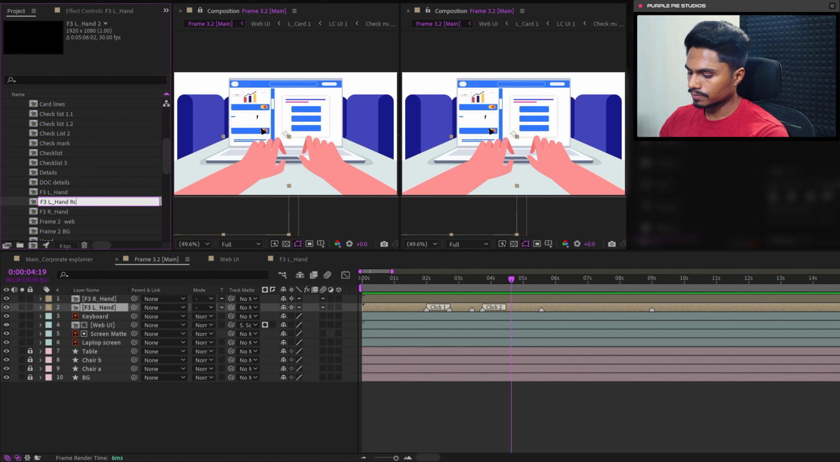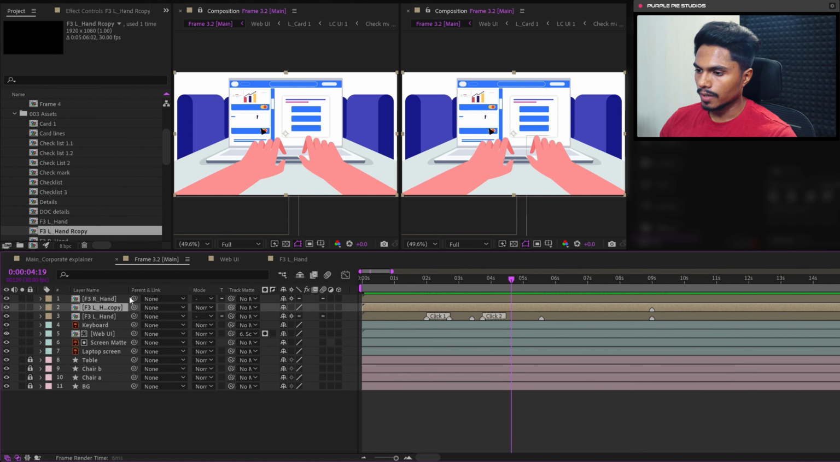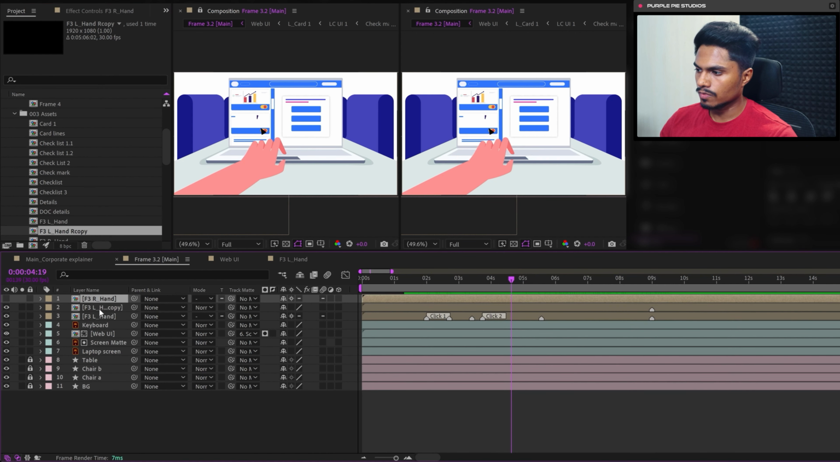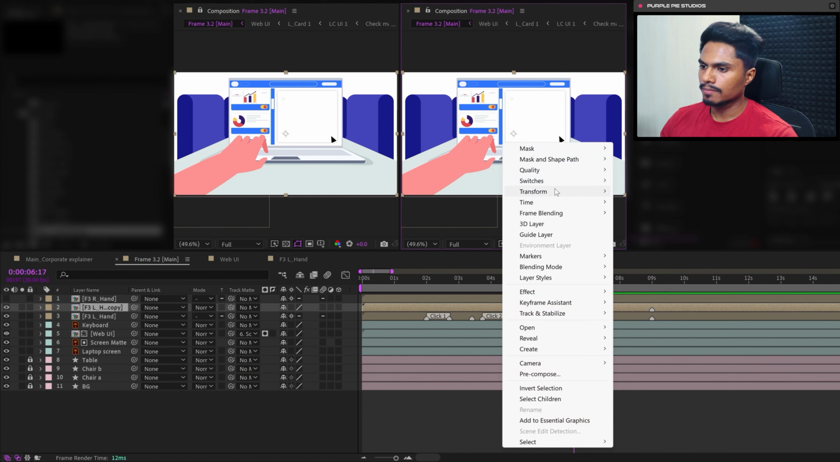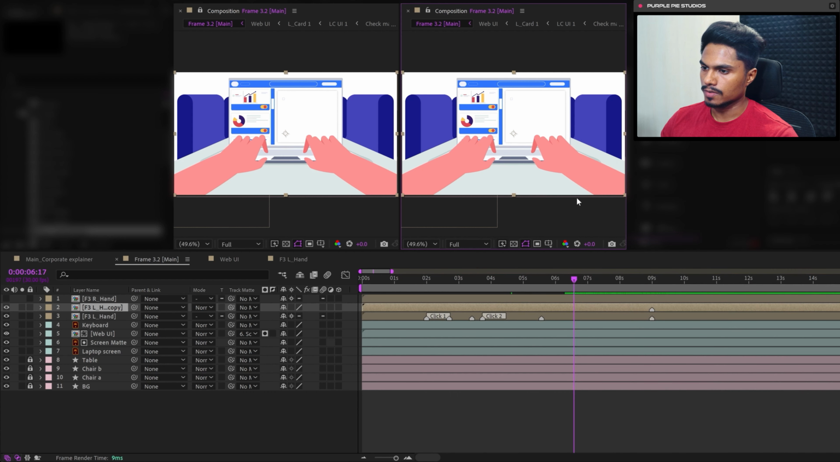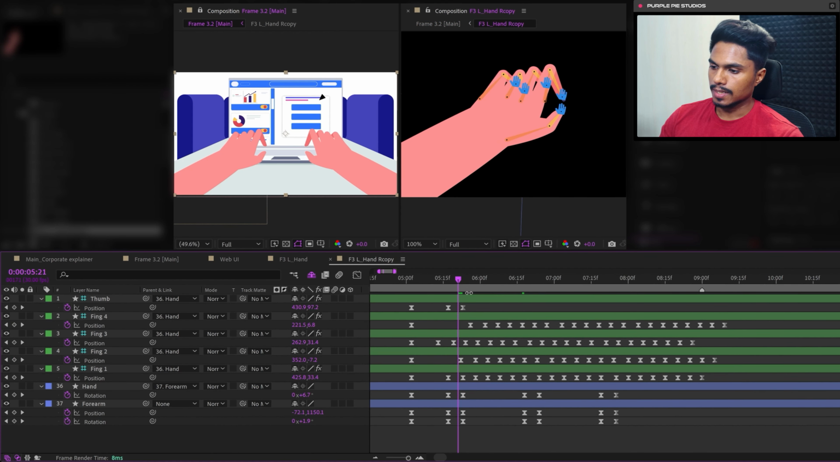Our copy, and let's bring it here in the timeline, and let's turn off the visibility for a moment, and let's right click on it, transform, flip horizontally. Here we have the hand for the other side, but inside we have to of course delete the rest of